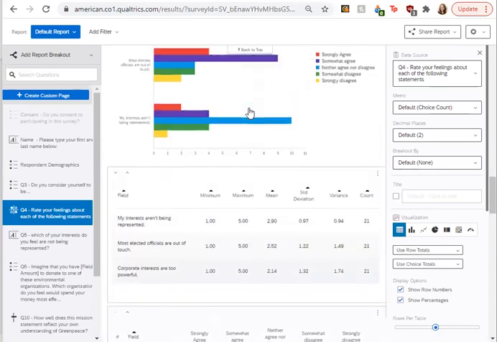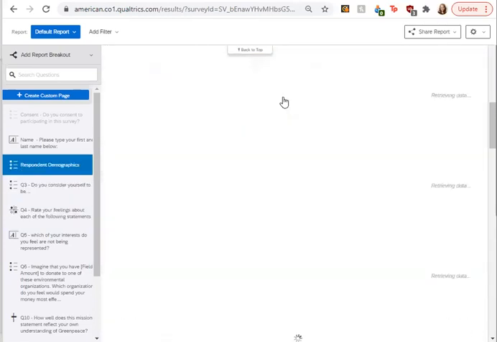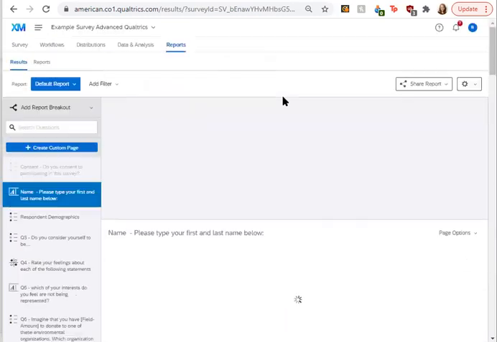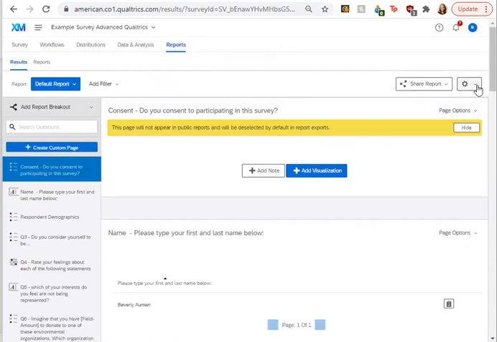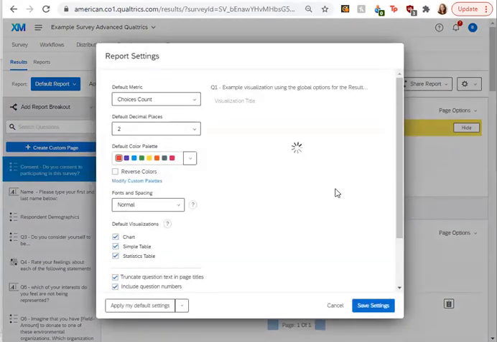All right. So next we're going to go over report settings real quick. We're going to go back to the top, and under the gear option, you can see how we have report settings here. We're just going to let it load for a second.